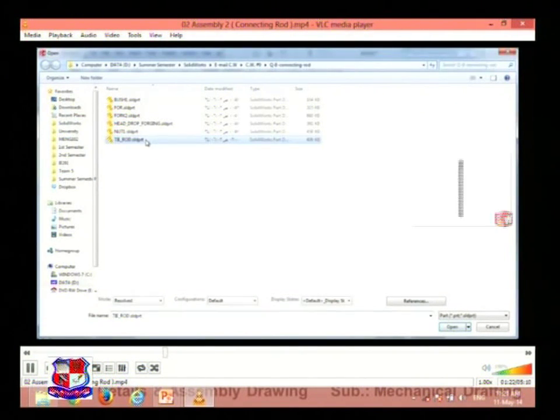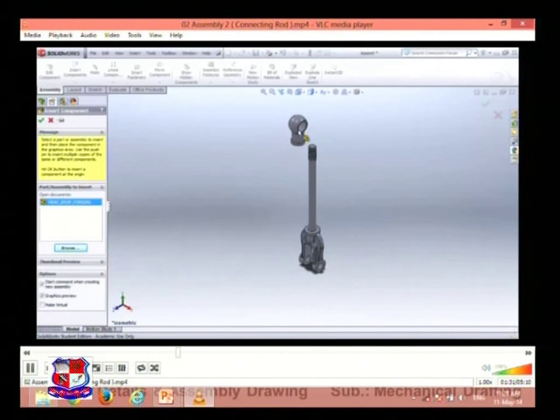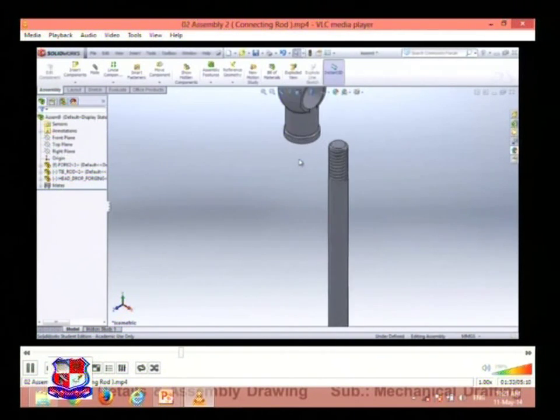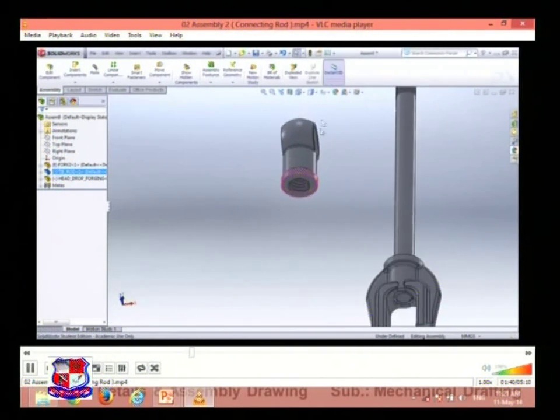In general, now we call one more component, that is, let us call this one the bush, and this is inserted over here at the other end, or it forms the small end of the connecting